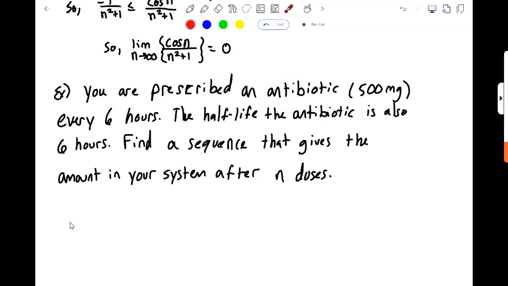So we want to find a sequence that gives the amount of this antibiotic in your system after N doses. I want to give the amount in your system after N doses. So I want to either try to come up with a formula or a recurrence relation. And so